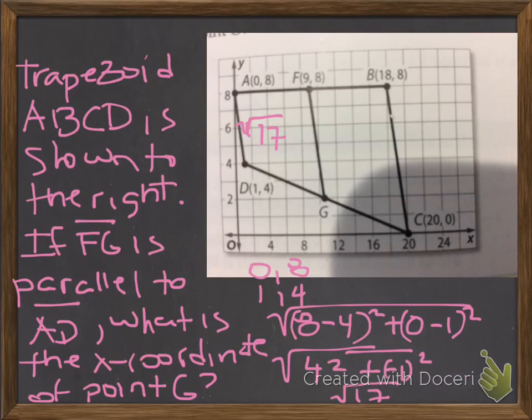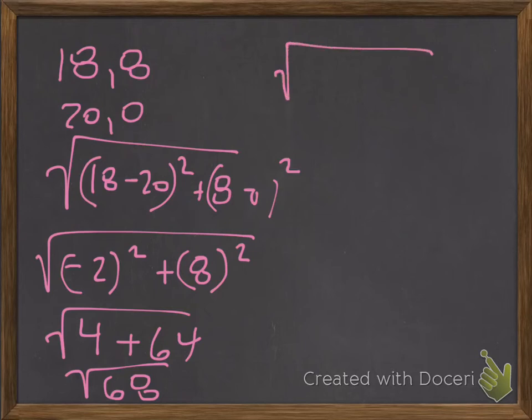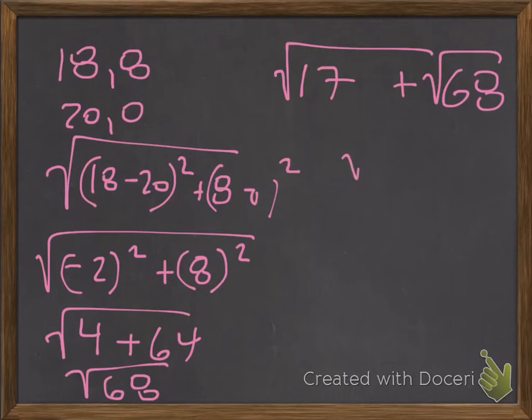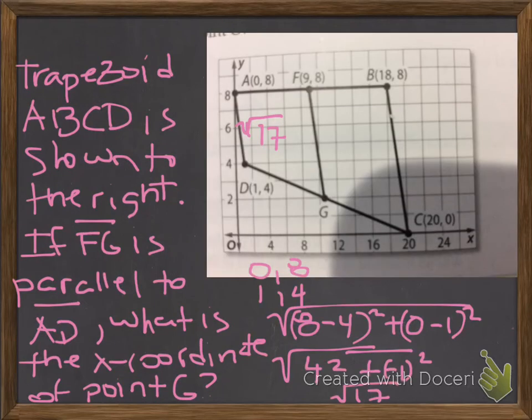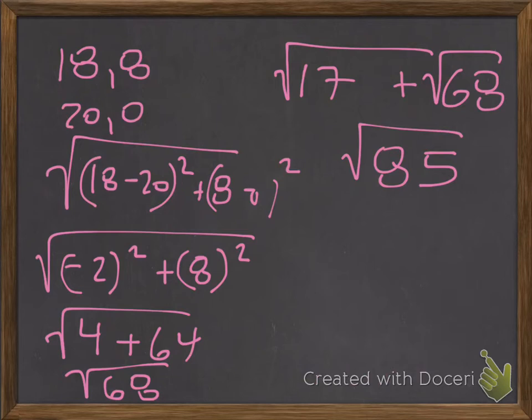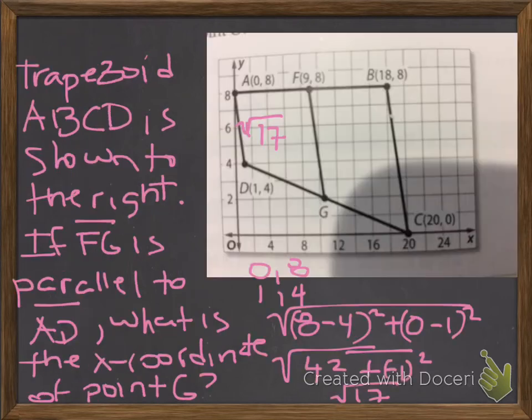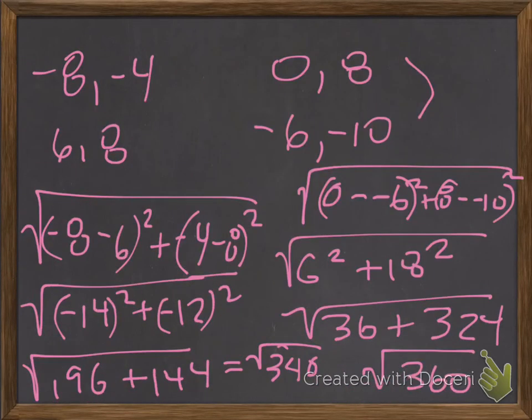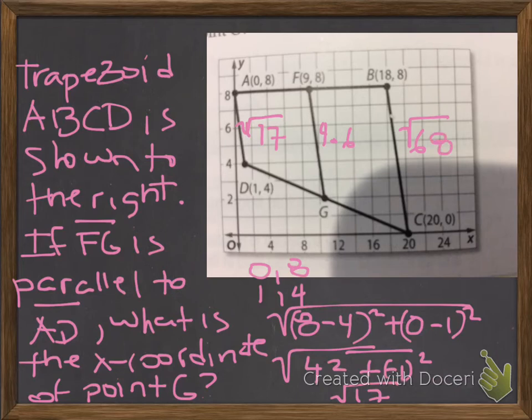So if we did the square root of 17 plus the square root of 68, that's the square root of 85. And we're going to divide that by 2. That's about 4.6. So that should be our distance here. So if we're trying to do the distance formula, you could also use it that way. I think you could use either way, but if you